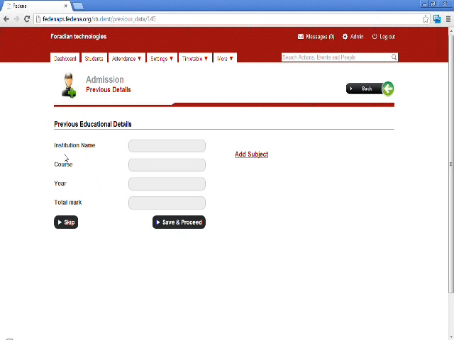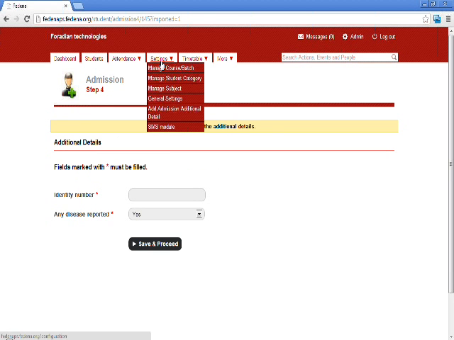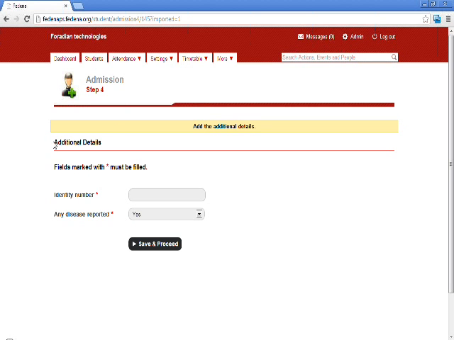This is the institution name, course, year, and a total mark. If you want, you can give the data here or else you can also go for the option skip. And this is the page where we had added the additional details. As we see in the setting sessions, we had added few fields in the add admission additional details. These fields will be asked in the step 4. We can give the number,